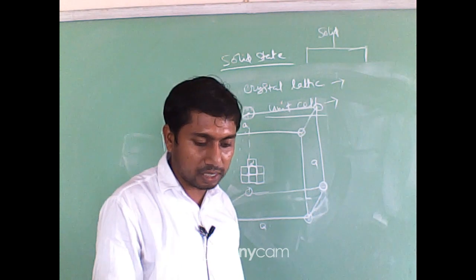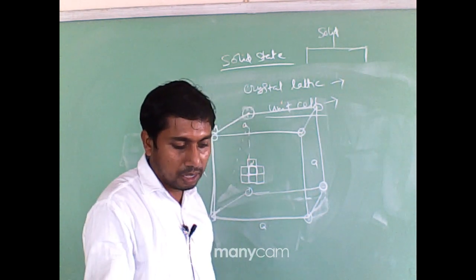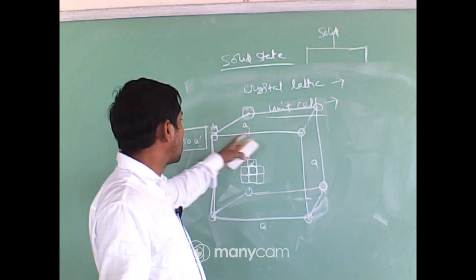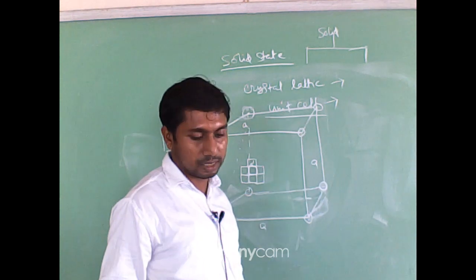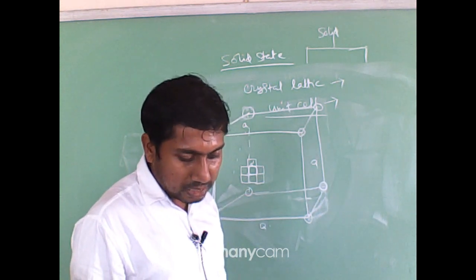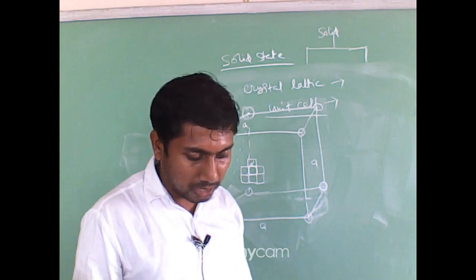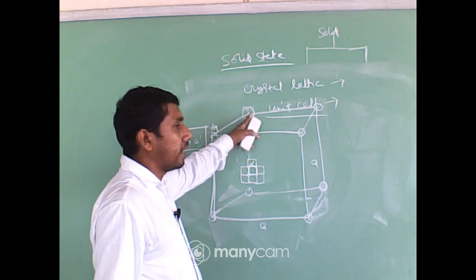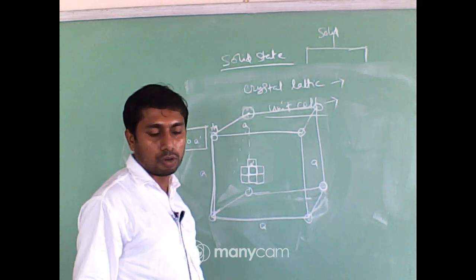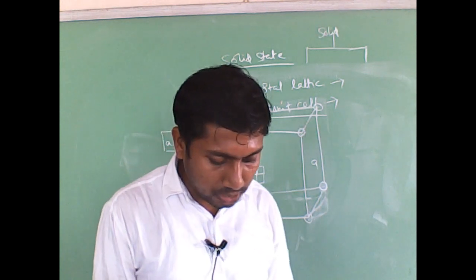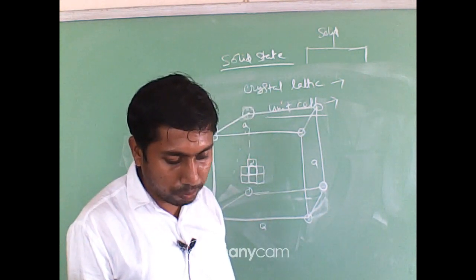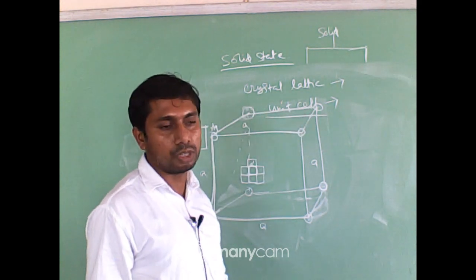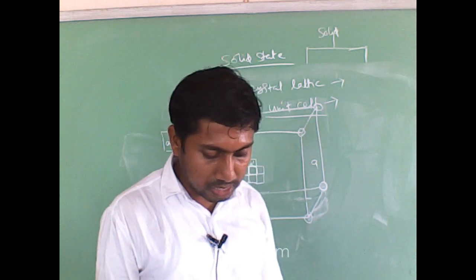The following are the characteristics of the crystal lattice. Now, look at this. Each point in a lattice is called a lattice point or lattice site. So, these points are lattice points or lattice sites. Next, each point in a crystal lattice represents one constituent particle, which may be an atom, a molecule or an ion. Number 3, lattice points are joined by straight lines to bring out the geometry of the lattice. So, these are the characteristics of the crystal lattice.